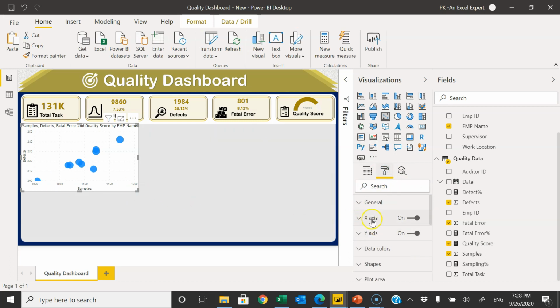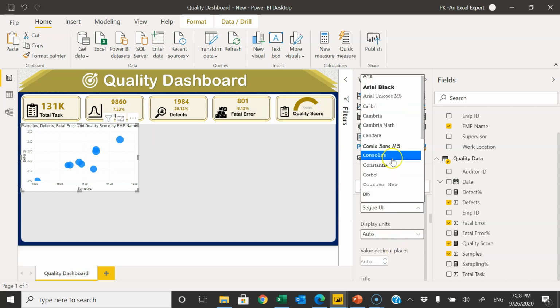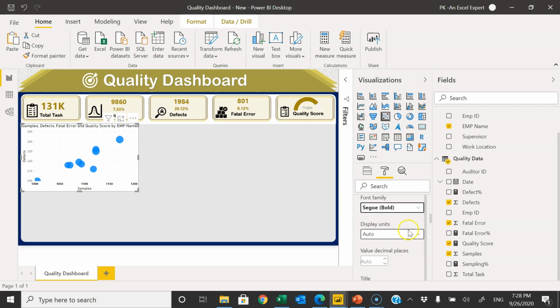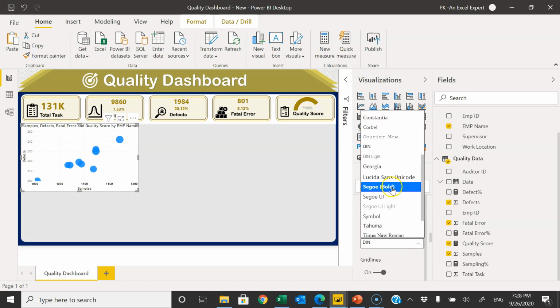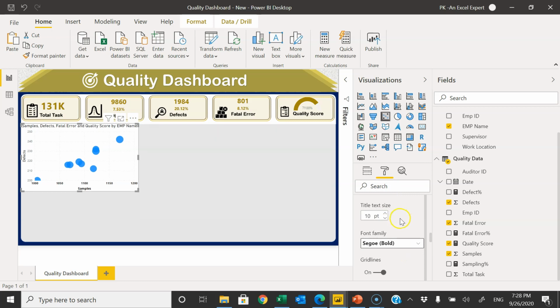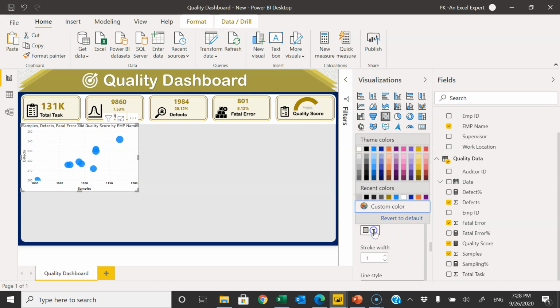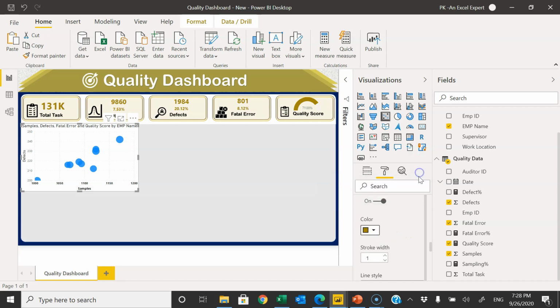To do the formatting, first of all I'll go to the x-axis, and here in the x-axis let's make it black, and I'll take the font family. Let's take this one, bold. Then axis title, let's take the black color, this one. And font family for the axis title I will take this one, size around 10. Now the grid line color, let's take this color, and in place of dotted, let's take solid.